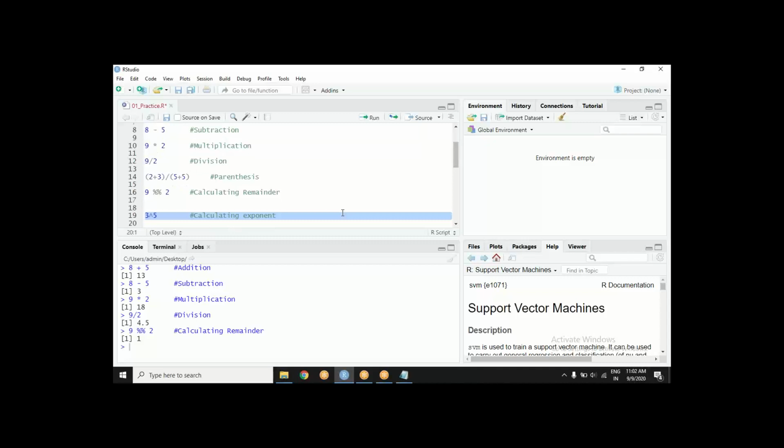Then there is something like this, 3, what's that? What do we read it as? Yes, something raised to the power of something.